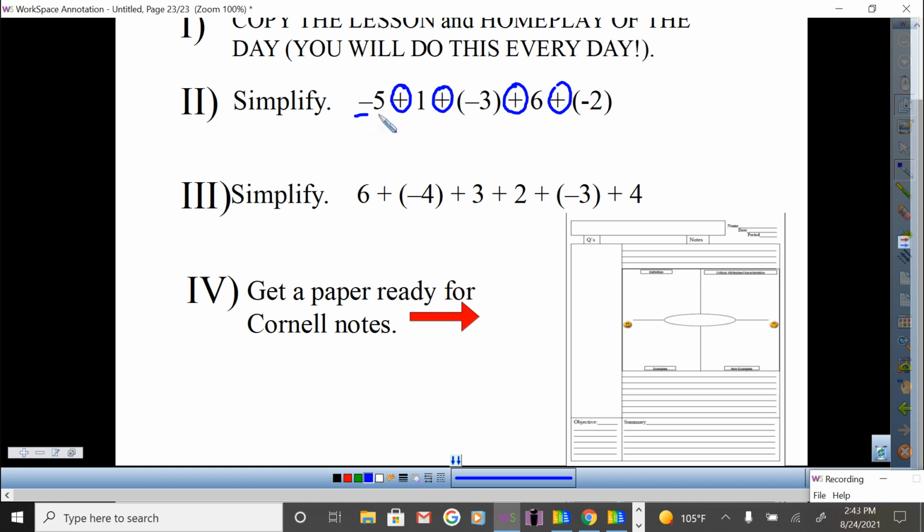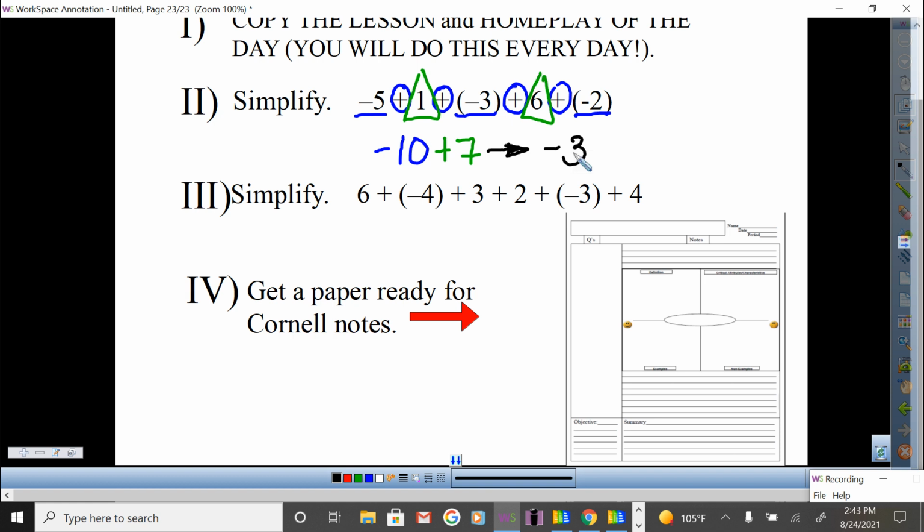So what is the same? All the negatives. -5 and -3, that's -8. And -2, that's what? -10. Now that we have all the negatives, I'm going to combine the positives. So I have 1 and I have 6, so that's what? +7. We're going to get into some of the properties that we need for this to simplify, and at the end we simplify. -10 plus 7 is -3. Hopefully it's coming back, yes? All right, that's the first method.